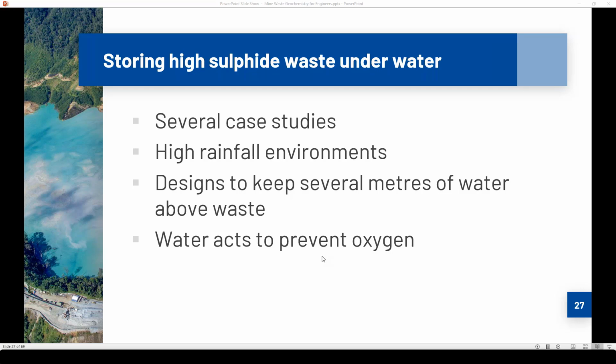So the designs in all these cases are such that we keep several meters of water cover above the waste, and that the water then acts to prevent oxygen from reaching the sulfide minerals in this waste. And by doing that, we can lower the reactivity or prevent the sulfide oxidation from occurring. The alternative is that we have a high enough water content to prevent the oxygen from being transported to the